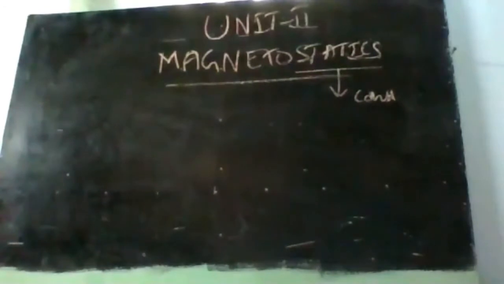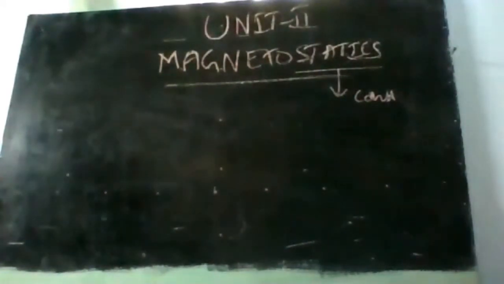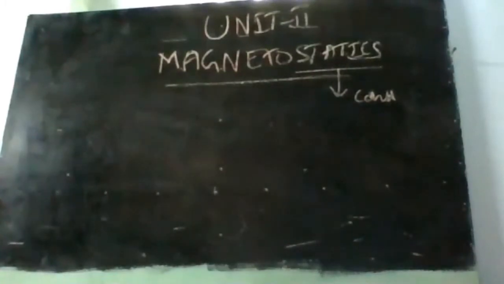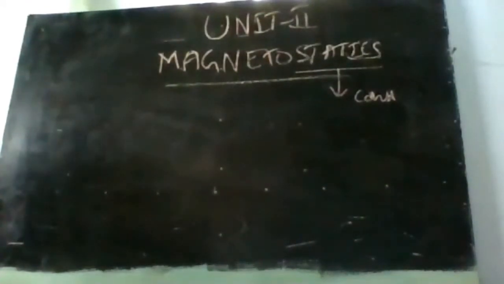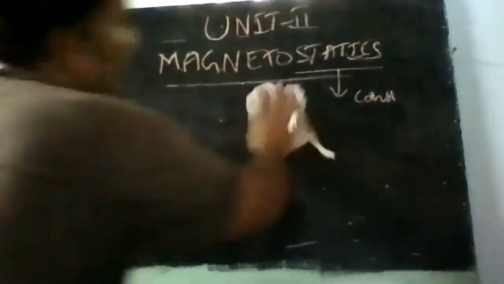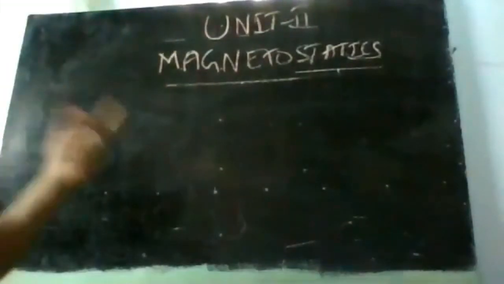In the first part of this unit, which is a very small unit that will take 4 to 5 classes to finish, we will be studying the measurement of static magnetic field. There are two techniques, Biot-Savart's law and Ampere's law. We will be discussing them, and we will find out how to calculate the magnetic field intensity using these two laws for various kinds of situations. This is what we are going to study in the second unit.